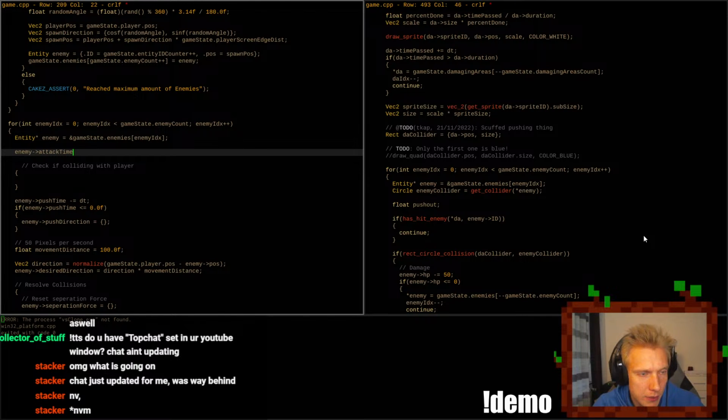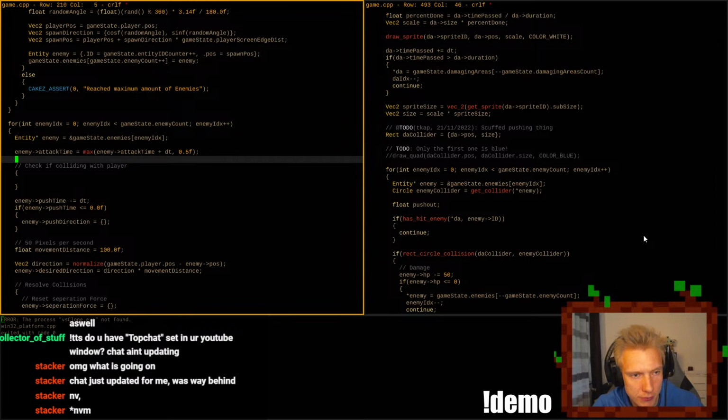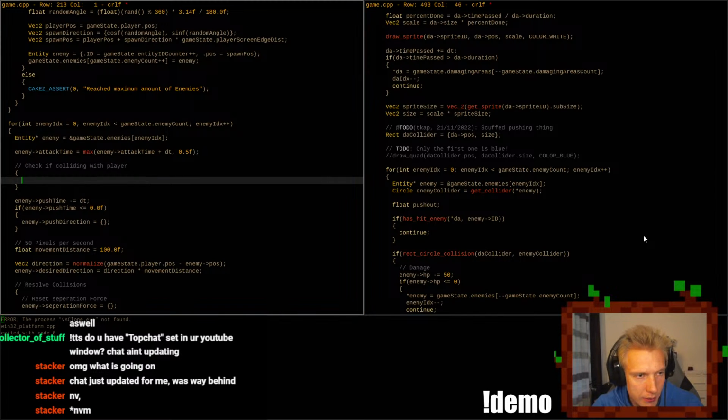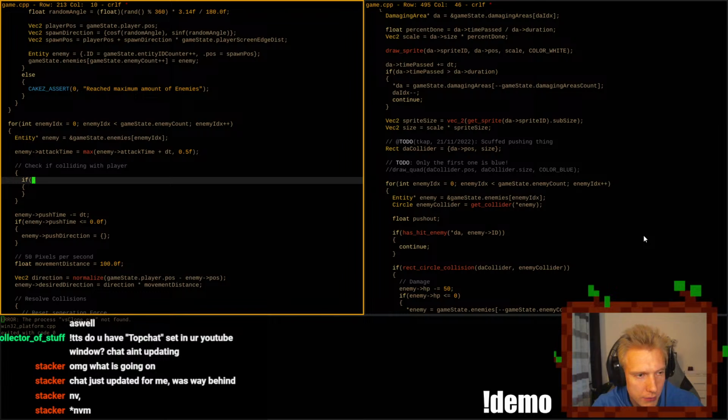Attack time is max of enemy attack time plus delta time and 0.5F. Okay, and then if they are colliding,